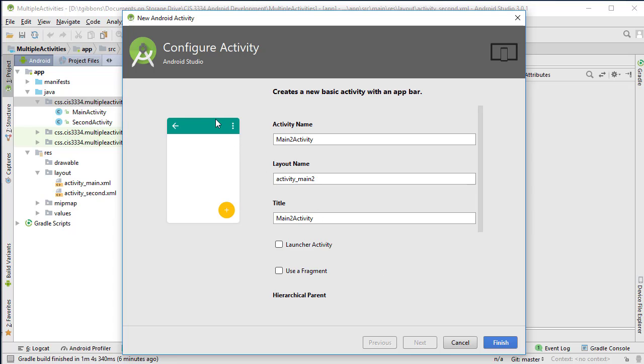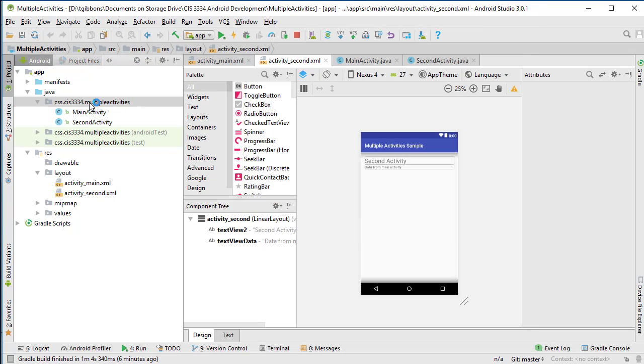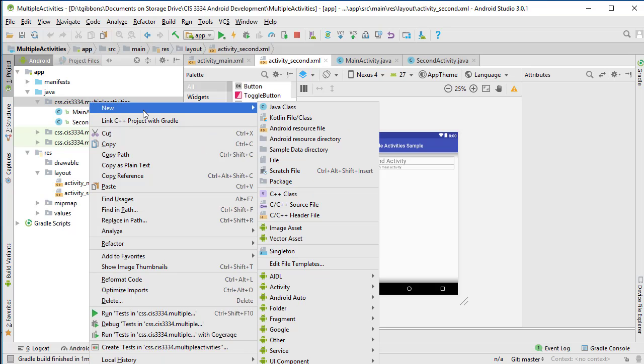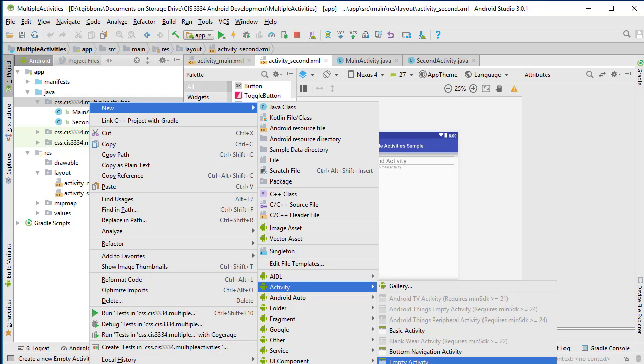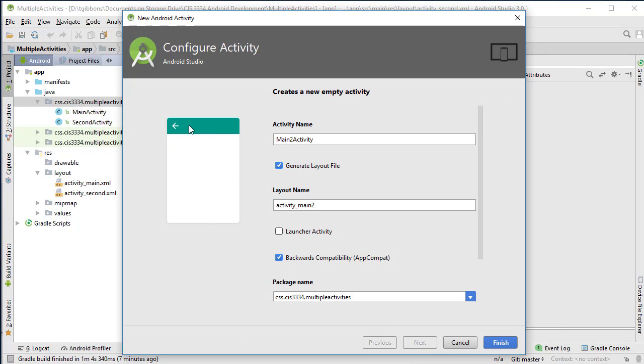This will create an activity with a menu and this little pop-up or little menu down here that you can set up. Or more often, I will just do a blank activity. So go down to new activity and choose an empty activity here. And this is just a generic empty activity. So I'll create a third activity here. Just give it a name here